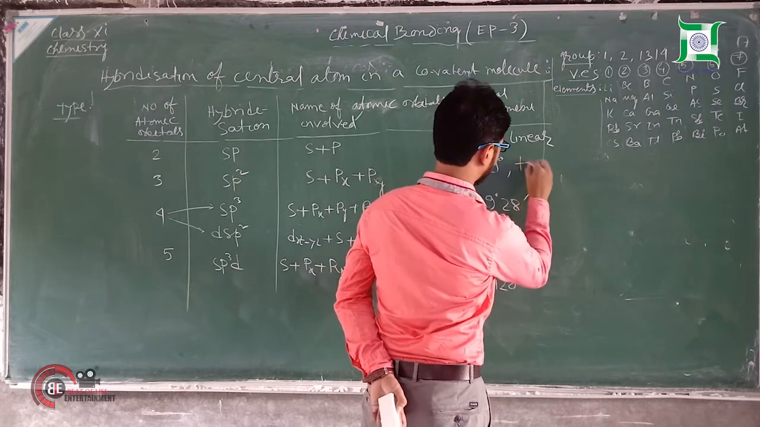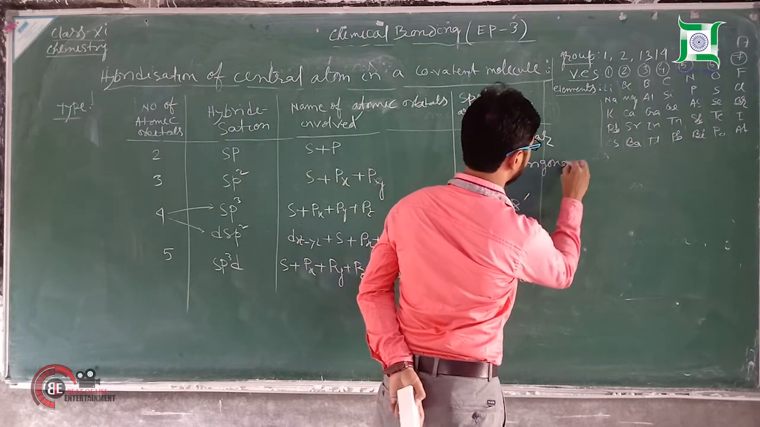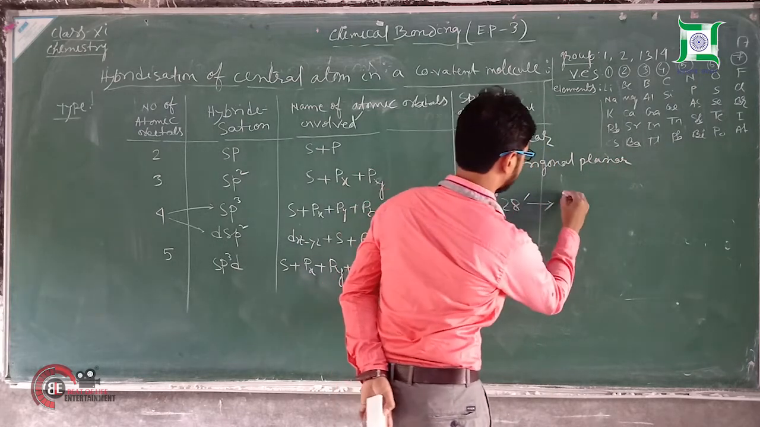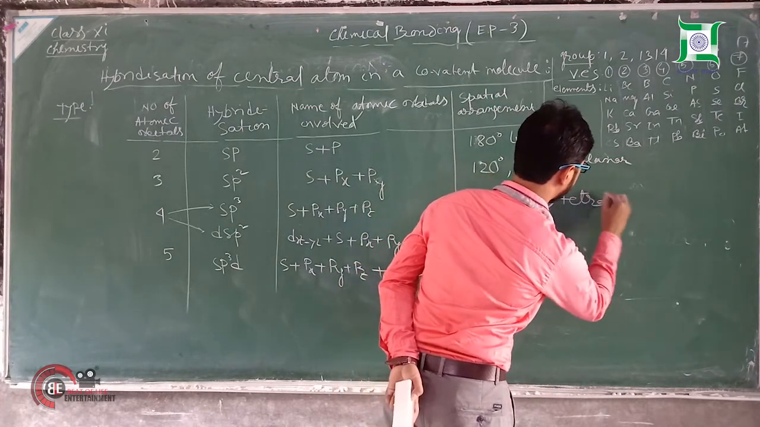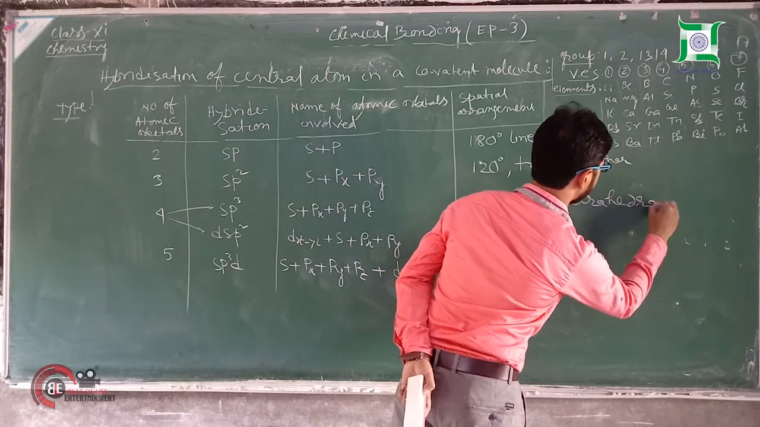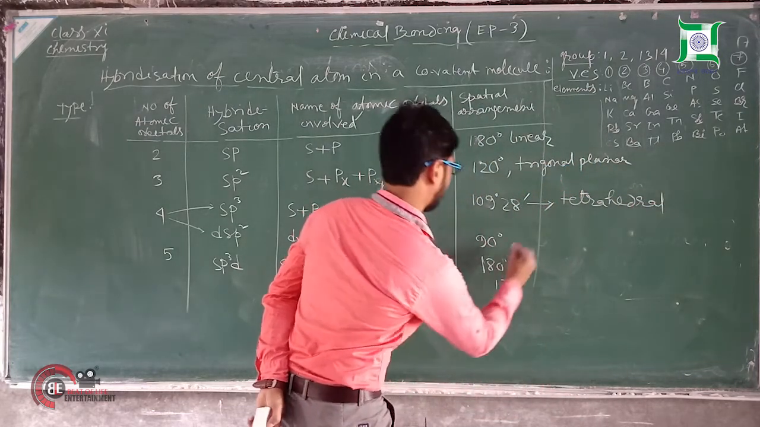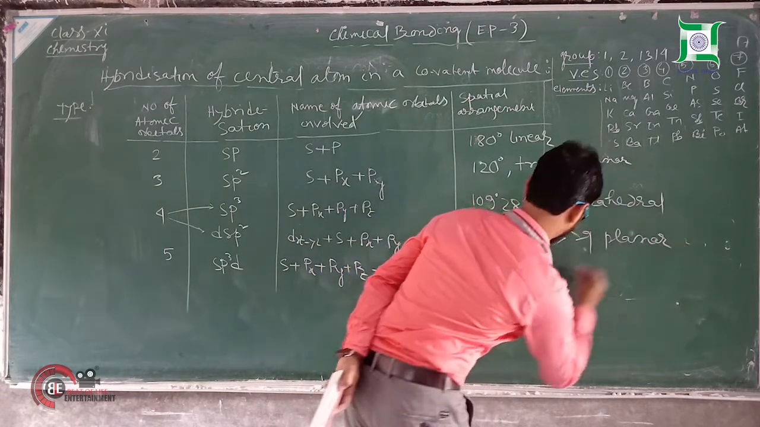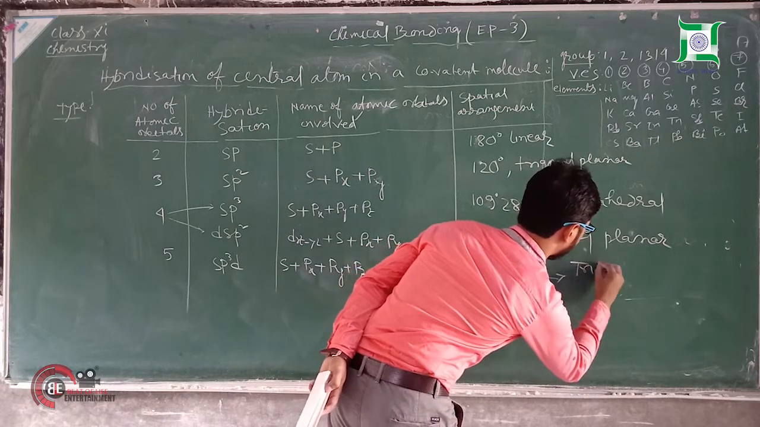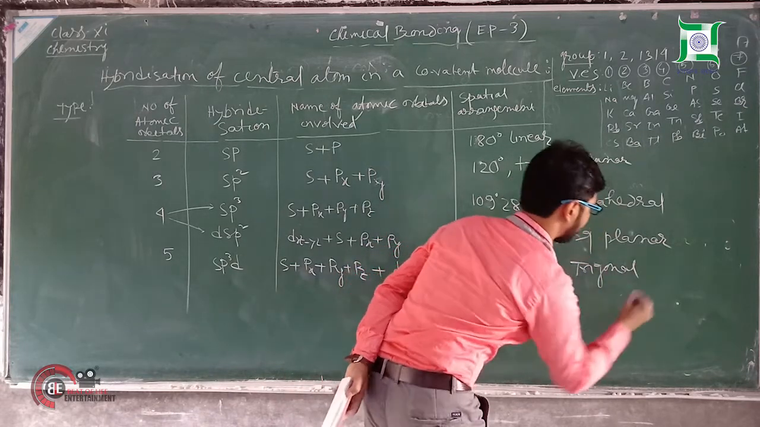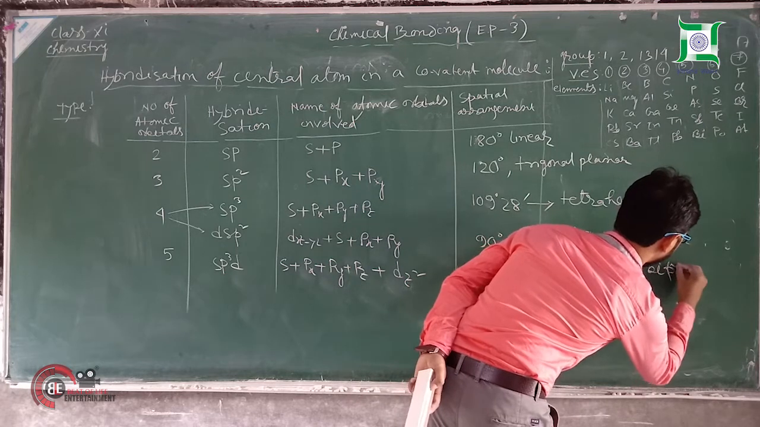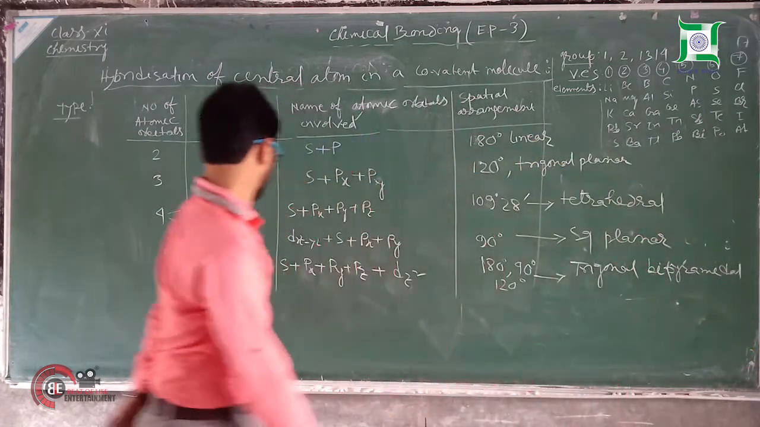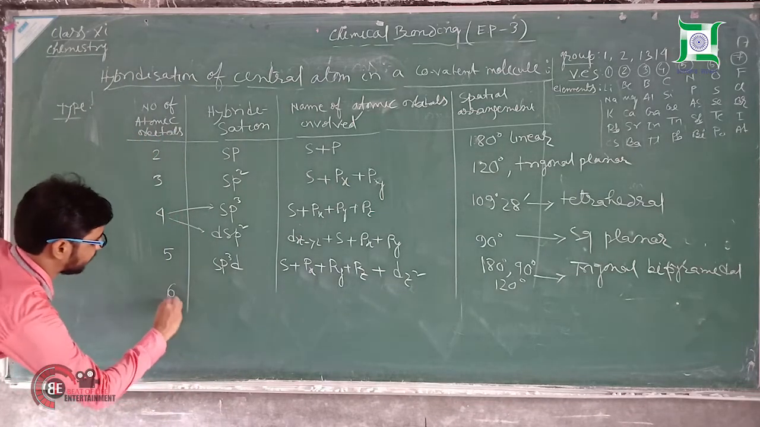And this actually gives you linear geometry. This is trigonal planar geometry. This is tetrahedral geometry. This will give you square planar geometry. This will give you trigonal bipyramidal ज्योमेट्री. अनदर वन 6, तो हो जाएगा